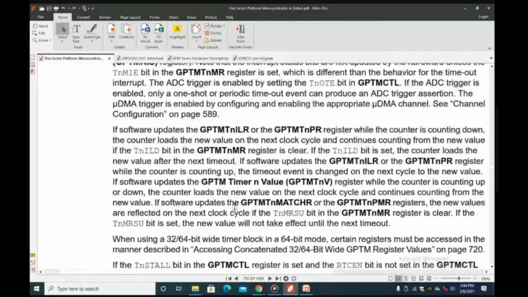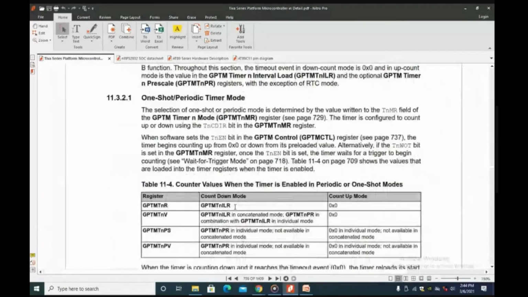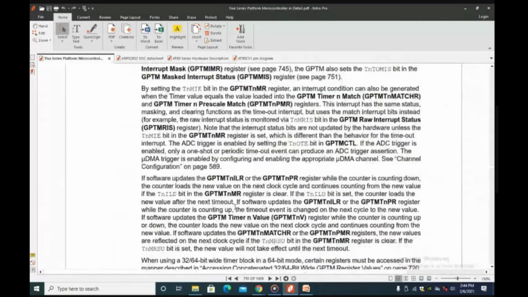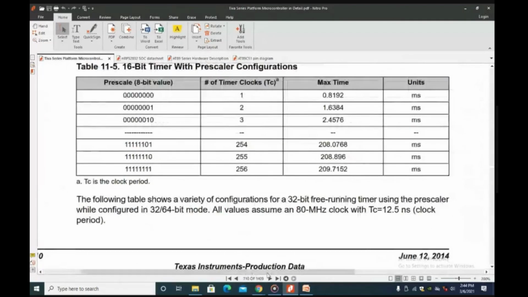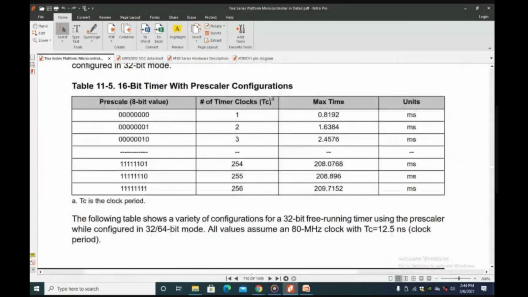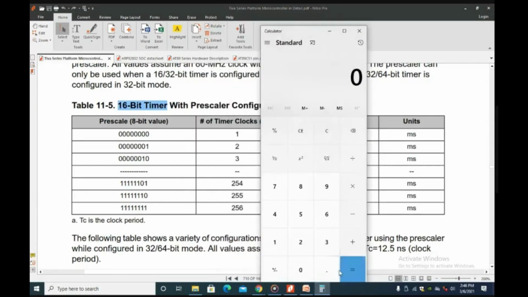And before going into this in detail, I'll show you some of those diagrams. Here you see the prescaler. Just now I told you about the prescaler. This diagram will help you to understand the prescaler configuration. Say for example, it is a 16-bit timer with an 8-bit prescaler. 16-bit timer means the maximum value of the 16-bit timer is what? 65,535, starting from 0.